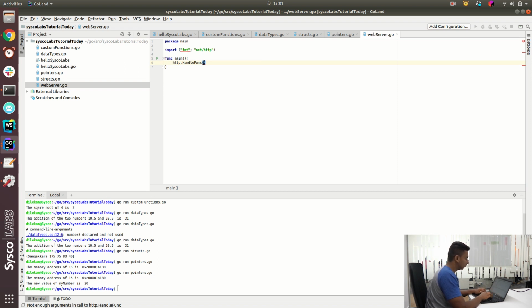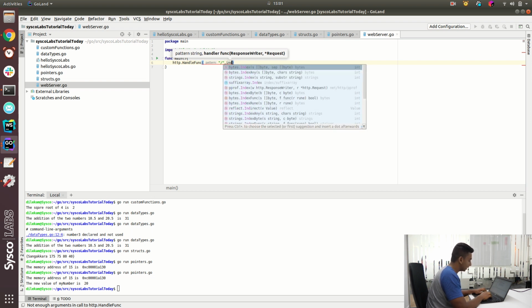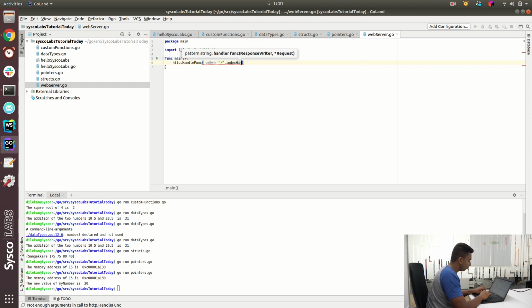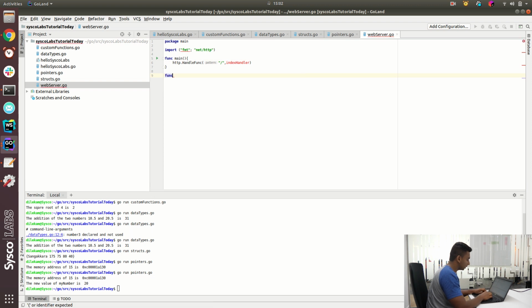When you are visiting a page, it's always the index page, which is commonly known as slash. We'll call it slash, and then we need to pass the function to consume any request that is coming to the slash endpoint. So let's say it's the indexHandler. We'll name our function indexHandler, which is not defined as yet, but we need to as soon as possible. So let's create our func indexHandler,